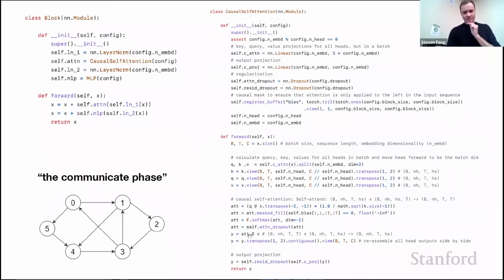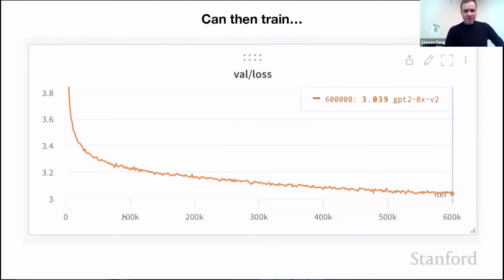optional dropout, and then here attention matrix multiply V is basically the gathering of the information according to the affinities we've calculated. And this is just a weighted sum of the values at all those nodes. So this matrix multiply is doing that weighted sum. And then transpose contiguous view, because it's all complicated and batched in 5-dimensional tensors, but it's really not doing anything. Optional dropout, and then a linear projection back to the residual pathway. So this is implementing the communication phase here. Then you can train this transformer,